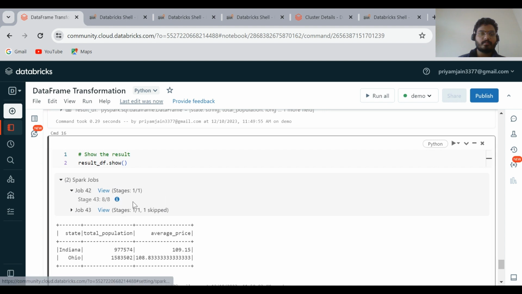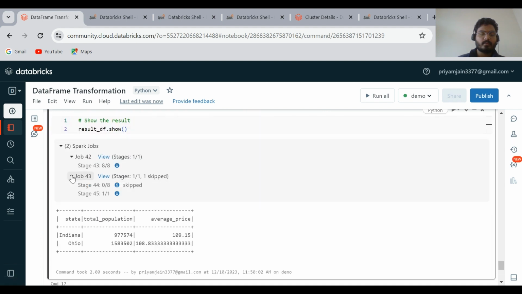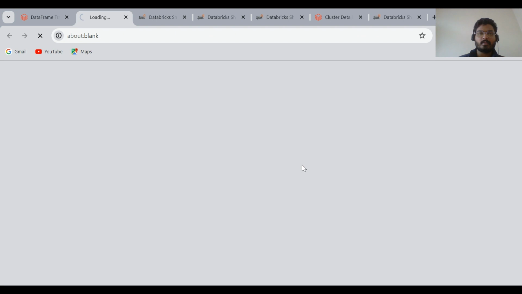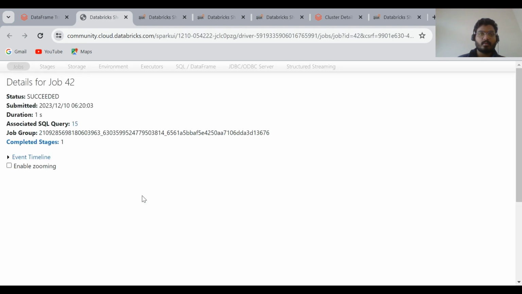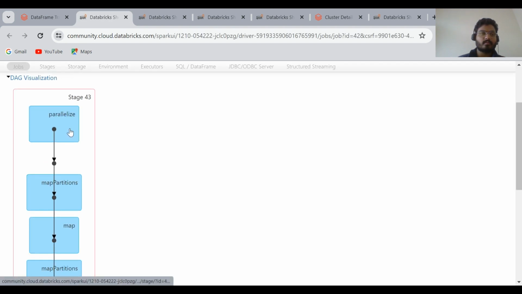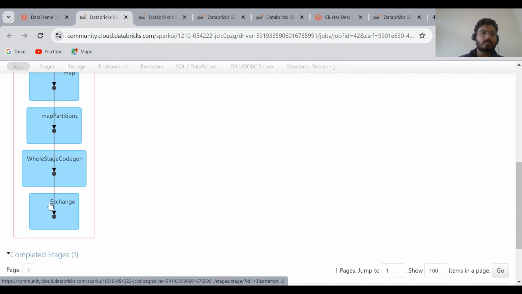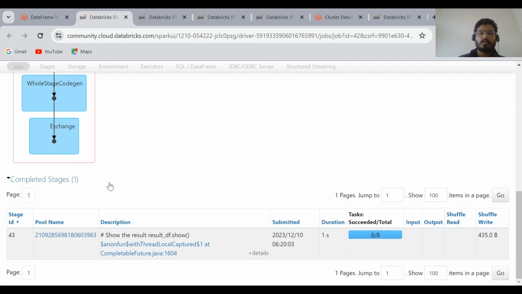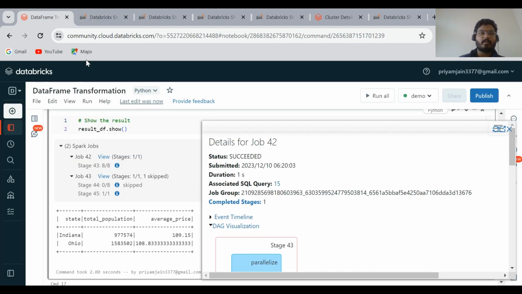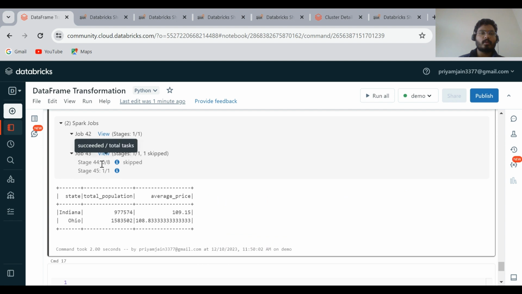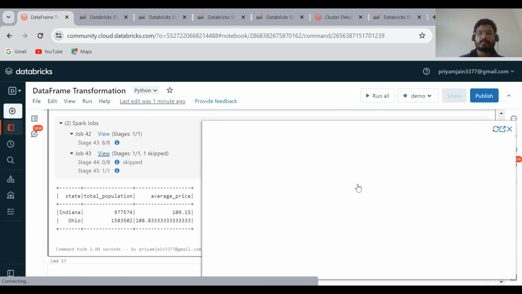So here, see the jobs are created and the data frame is created. Eight partitions are there for this data. You can see in this job parallelize, then map partition, whole stage codegen and exchange. Then the data frame is created. And with this job, in job number 43, when we try to visualize this,